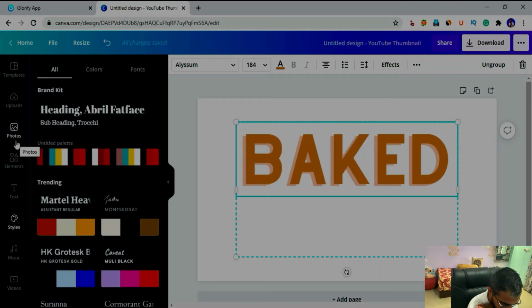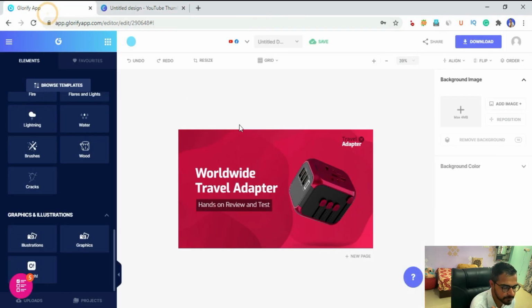Now the question: is Glorify worth it? I think if you are working in the e-commerce industry, it is a great tool, because you are getting a lifetime subscription, and its templates and features are amazing for designing a product image. But if you are not working in the e-commerce industry, then it is not a great tool. Although it is a great tool, all its templates are dedicated to product designing. So if you are not going to find templates that will suit your service, then maybe you shouldn't get Glorify.